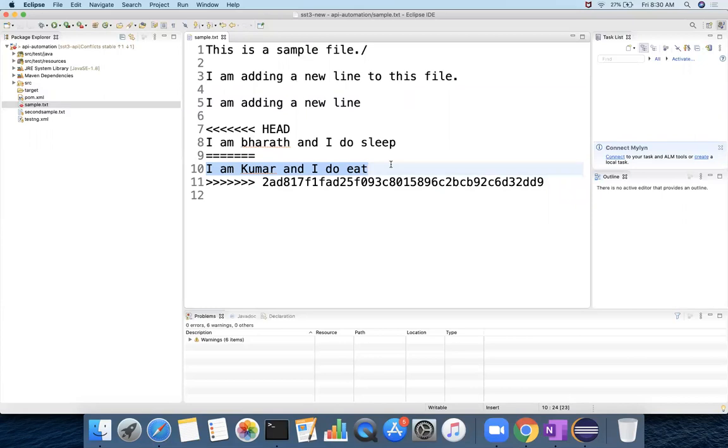See, if you do git pull, whatever the server is having, all those changes come into your local, and if it replaces your local work, that means I am Bharat and I do sleep is replaced with I am Kumar and I do eat. If it replaces like that without asking you, then you lose all the work that you did, which is important for you.